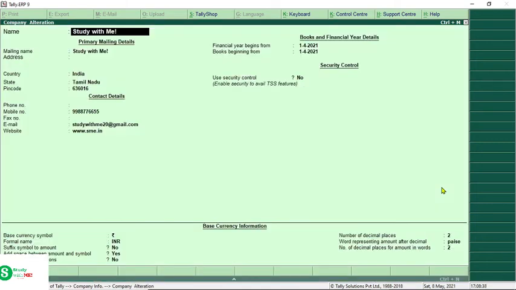The company comes in and shows you the details which were there. If you missed the address, you can type your address too.